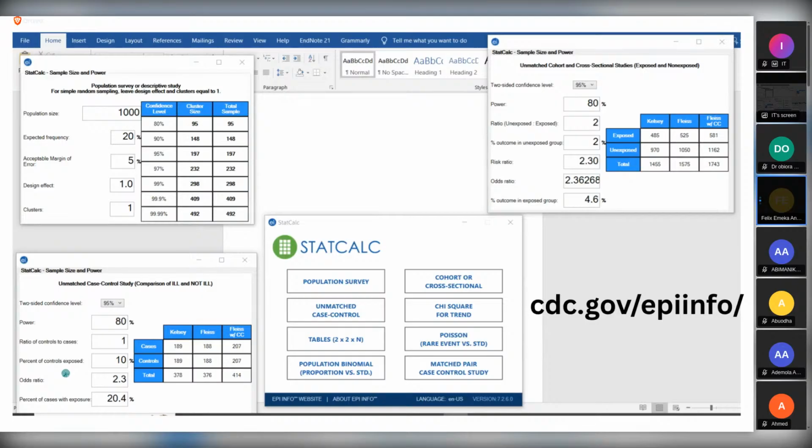So you find these things in previous study, and also the percent of exposure for the cases, you also find it in a previous study like you do for the control. So put all those values here, it will now give you the number. It will give you the number for the case, the number for the control, then give you total. The same thing with cohort. Cohort and case control: for cohort, you have an exposed population and an unexposed population. But for case control, you have those that have the case and those that do not have the case. So the principles work alike.